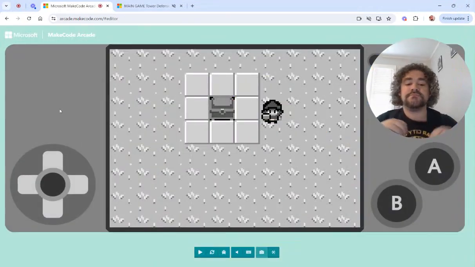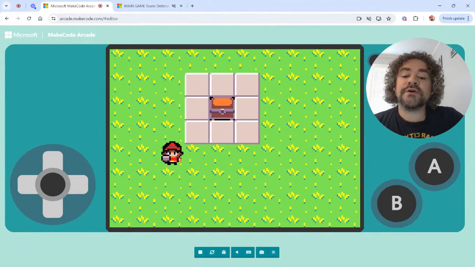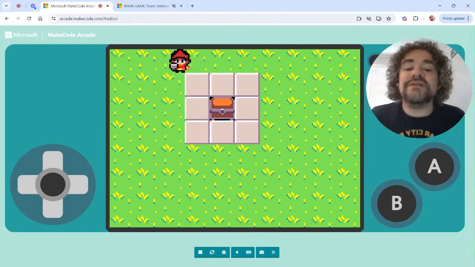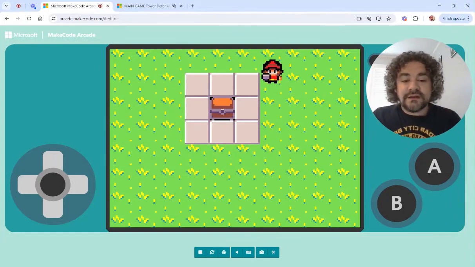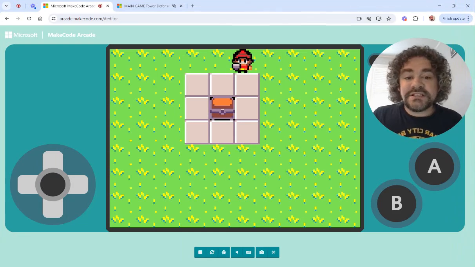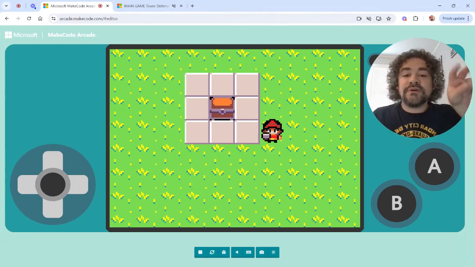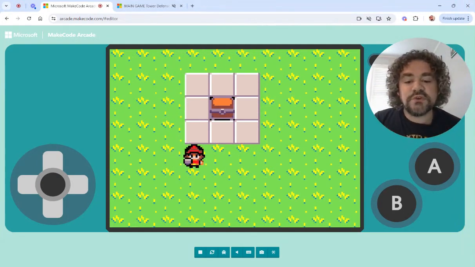Let's see if it works. All right, he's gone one whole way around, and he's going to keep going. We have a patrolling guard. Congratulations. Now, keep in mind, obviously, he's not actually animated right now. It would be very easy to improve this program with the animation extension, which I've already talked to you guys about, and we could throw that on there, and then he'd walk up, and he'd walk left, and he'd walk down, and he'd walk right,